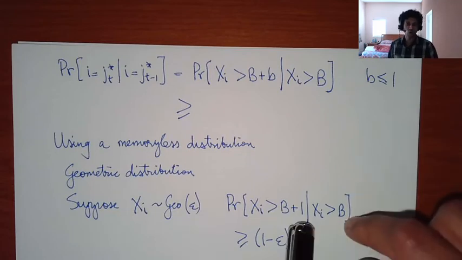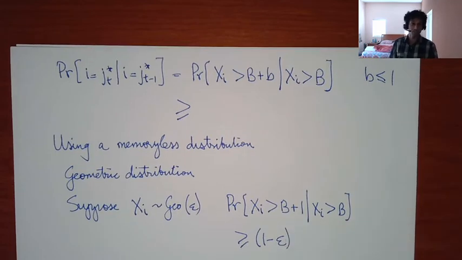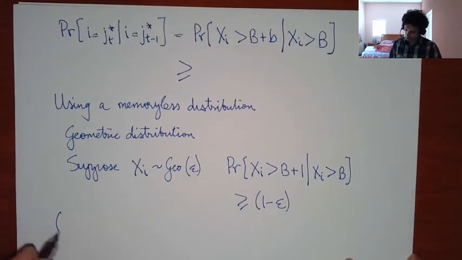And this holds for all b. So you don't even need to know what b is. This is the magic of this distribution. And so usually, I'll say technically,